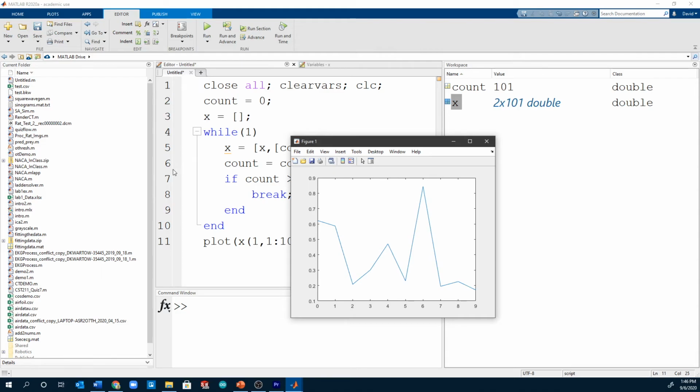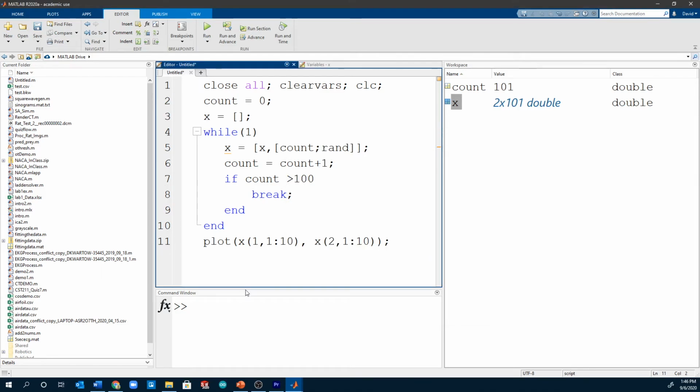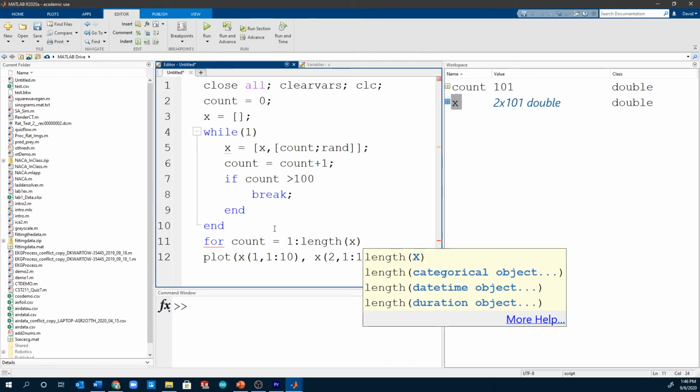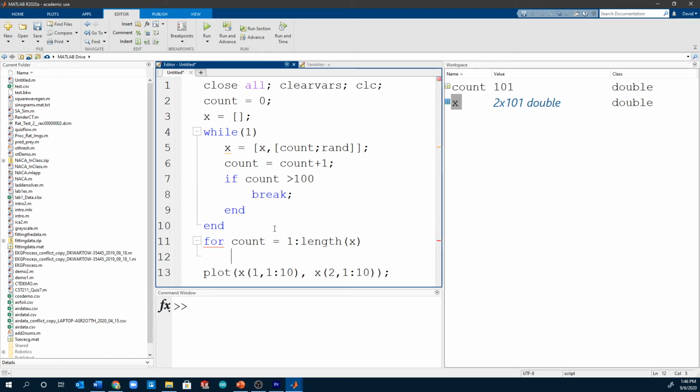Let's show you one more thing here, and that's how to use a for loop. For loops are actually quite simple in MATLAB. Let's make a for loop, and let's say we're going to use n as our index value, or we can use count at this point. So let's use count equals, and now we give it a range. So let's say we want count equals 1 to 10, or 1 to, let's say, length of x. So we're going to start adding a third column or a third row onto x. And to do that, we're going to say x of